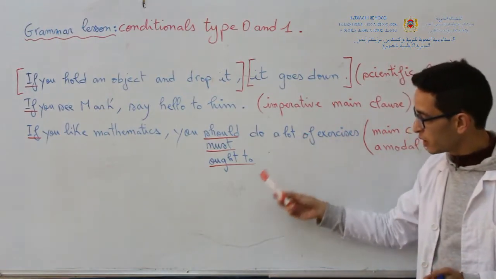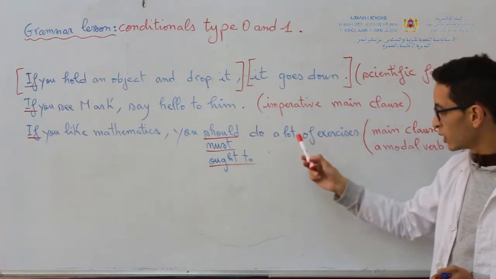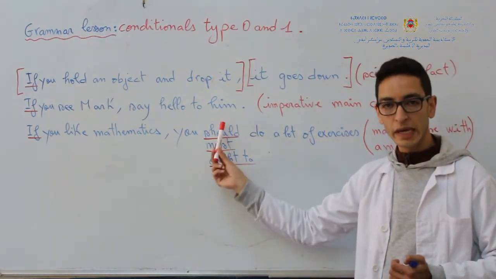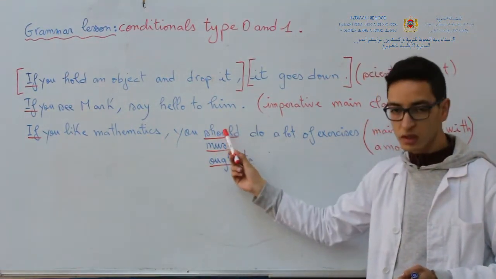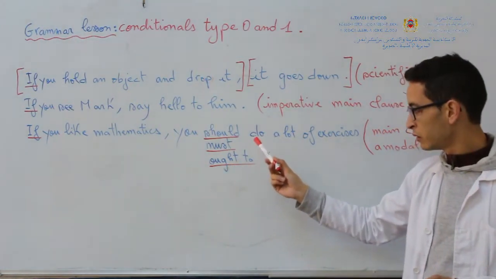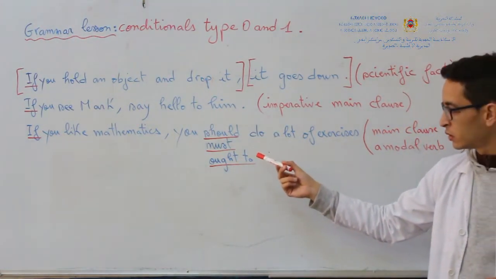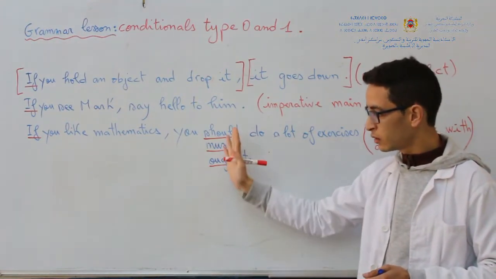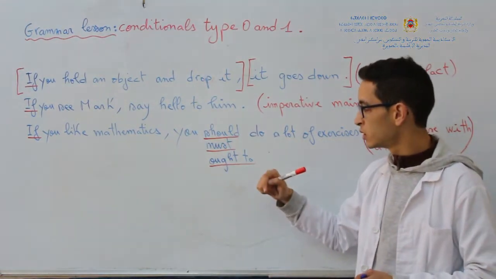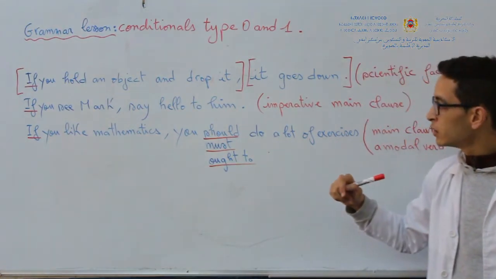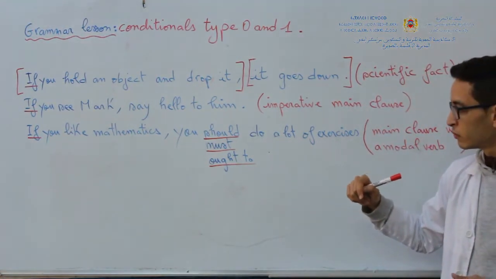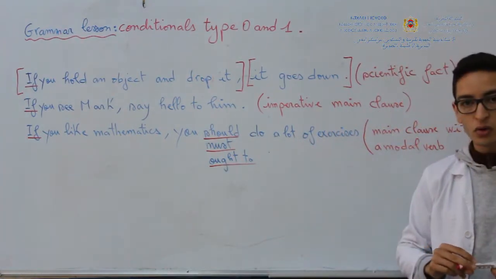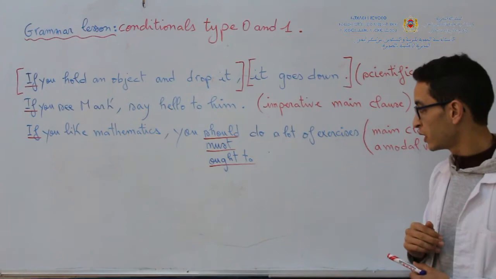Or if you like mathematics, you must do a lot of exercises, or you ought to. So here, as you can see, we have just a series of modal verbs, or they're sometimes called auxiliaries. So if you have auxiliaries, you can also use them with conditional type 0. So as you have here, you should do a lot of exercises, or you should pay a lot of attention